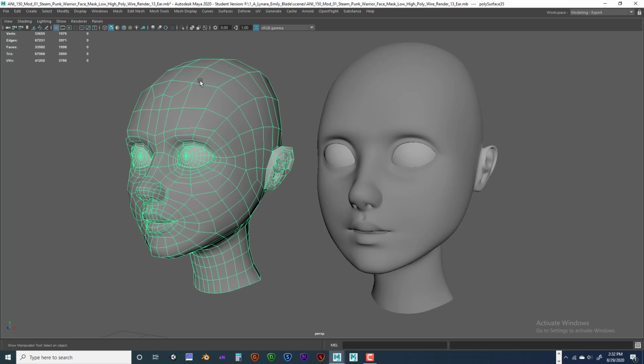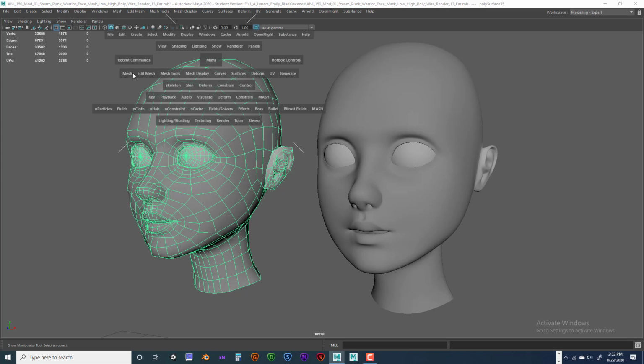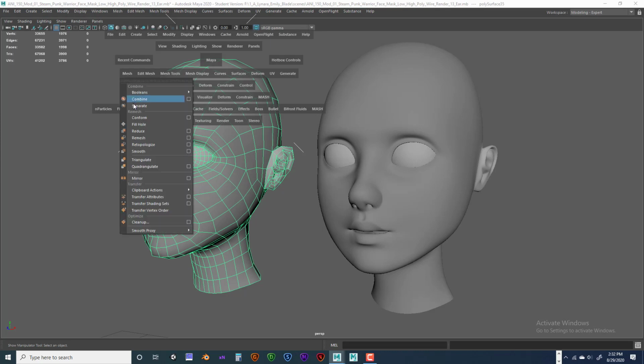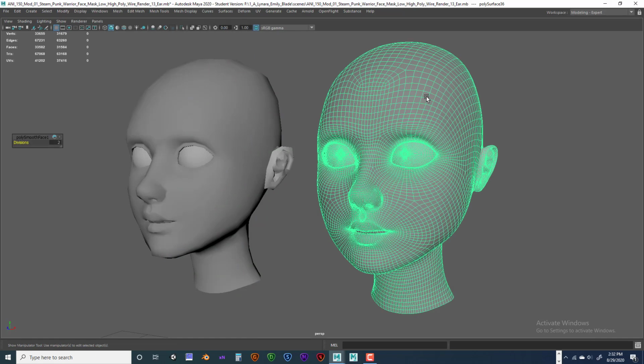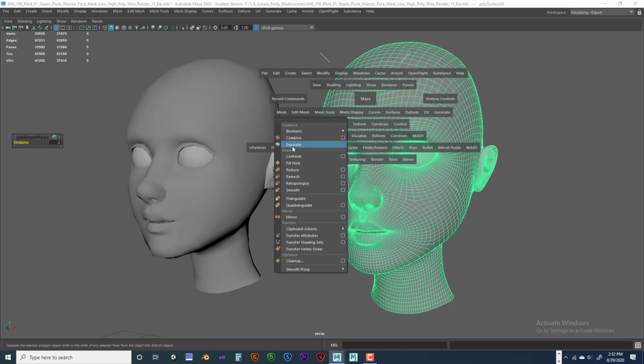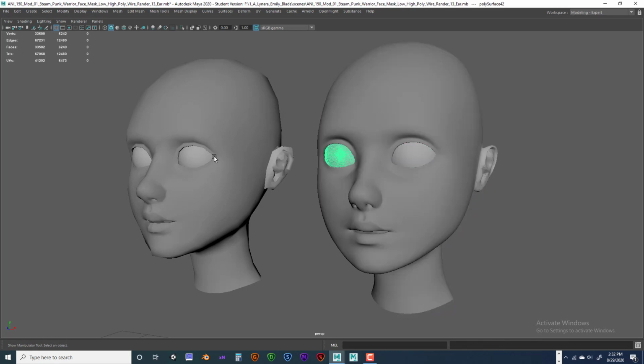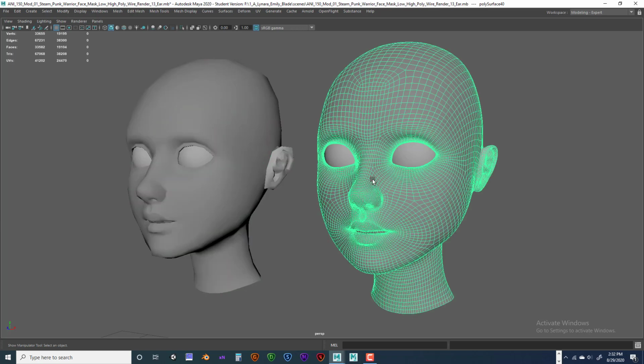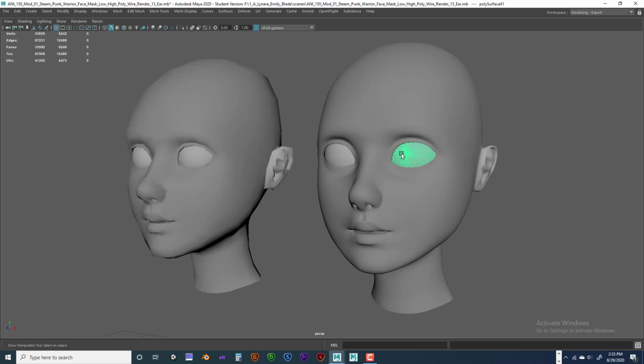So I'm going to hold down, click on the object, hold the space bar down, go to mesh, and we're going to separate. Okay. Do the same thing with this guy right here, the high poly, mesh, separate. That just separates the eyes. We're going to keep the eyes white, and then the head part will do kind of a fleshy color. Alright, so with that said, let's go ahead and select all these objects that are eyes,